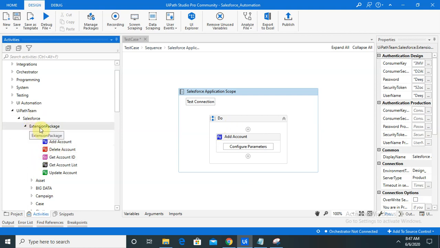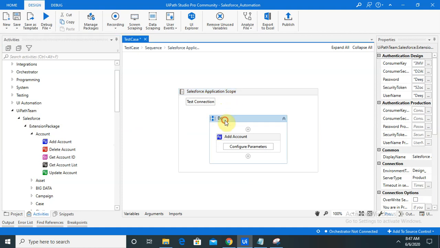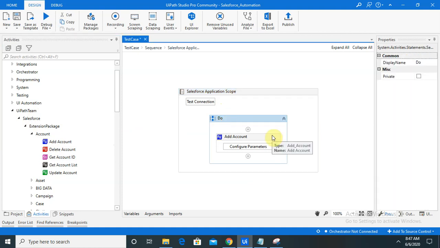After that, we need one more requirement. The Salesforce application scope should be configured with UiPath or with login credentials. For configuration or connecting a Salesforce account with UiPath, please watch my previous session on integration of Salesforce in UiPath.